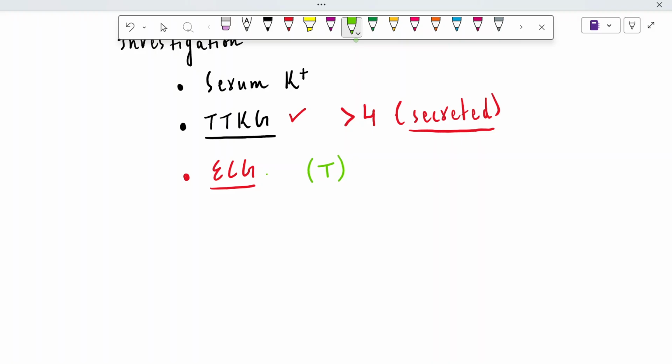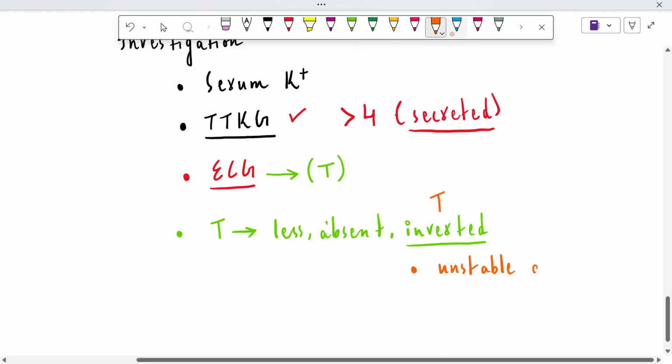First of all, the first finding in the ECG will be that the T wave will be reduced. It can be absent in severe conditions, or it can be inverted, because repolarization is not occurring. But an inverted T wave is also present in two other conditions, which are unstable angina, and hypokalemia, what we are discussing now, and